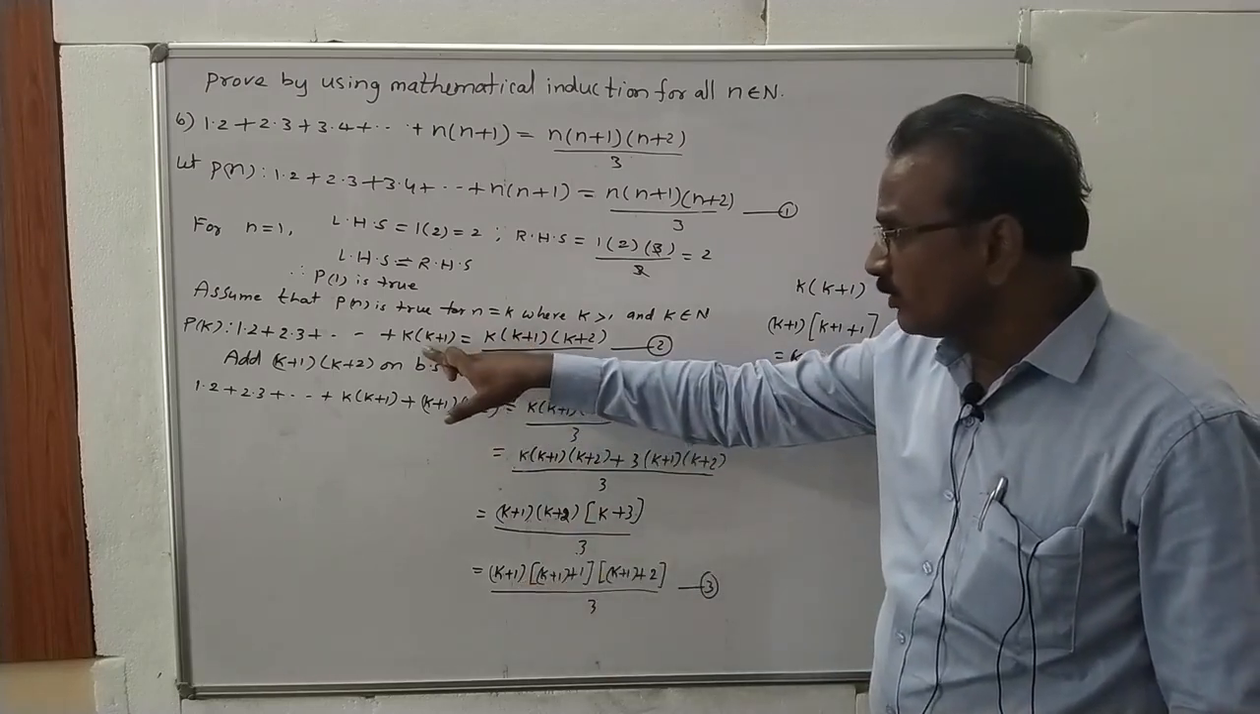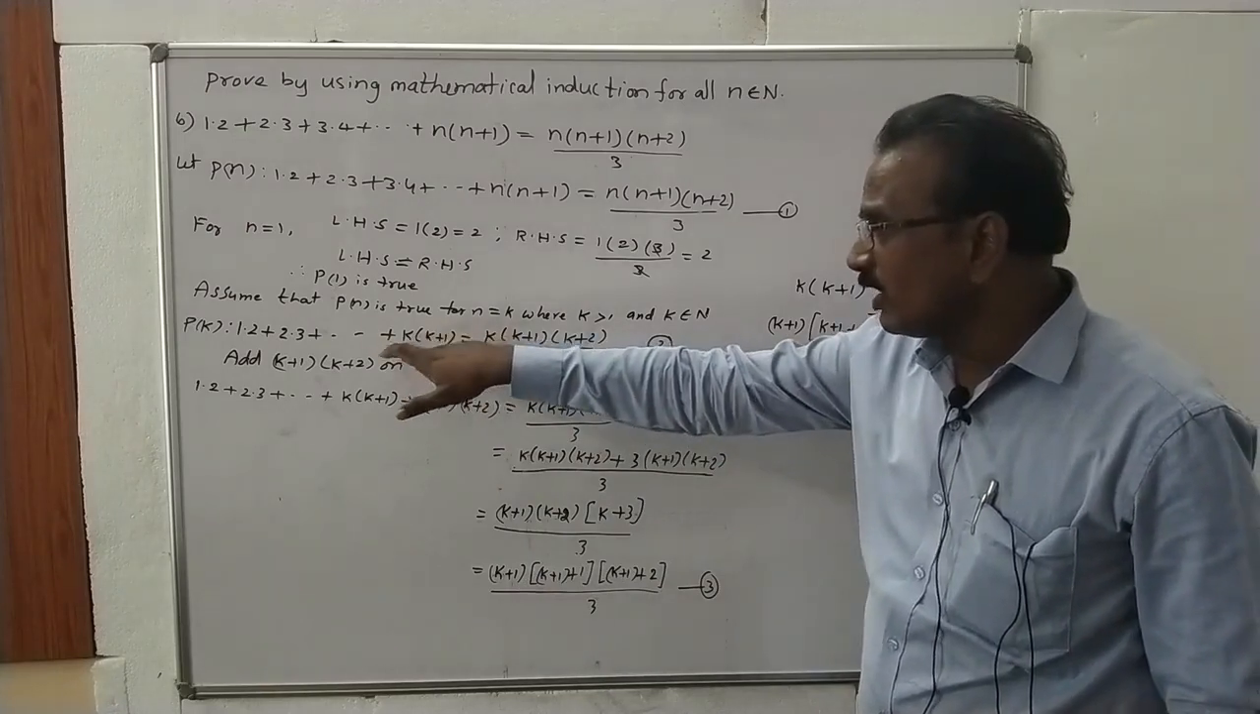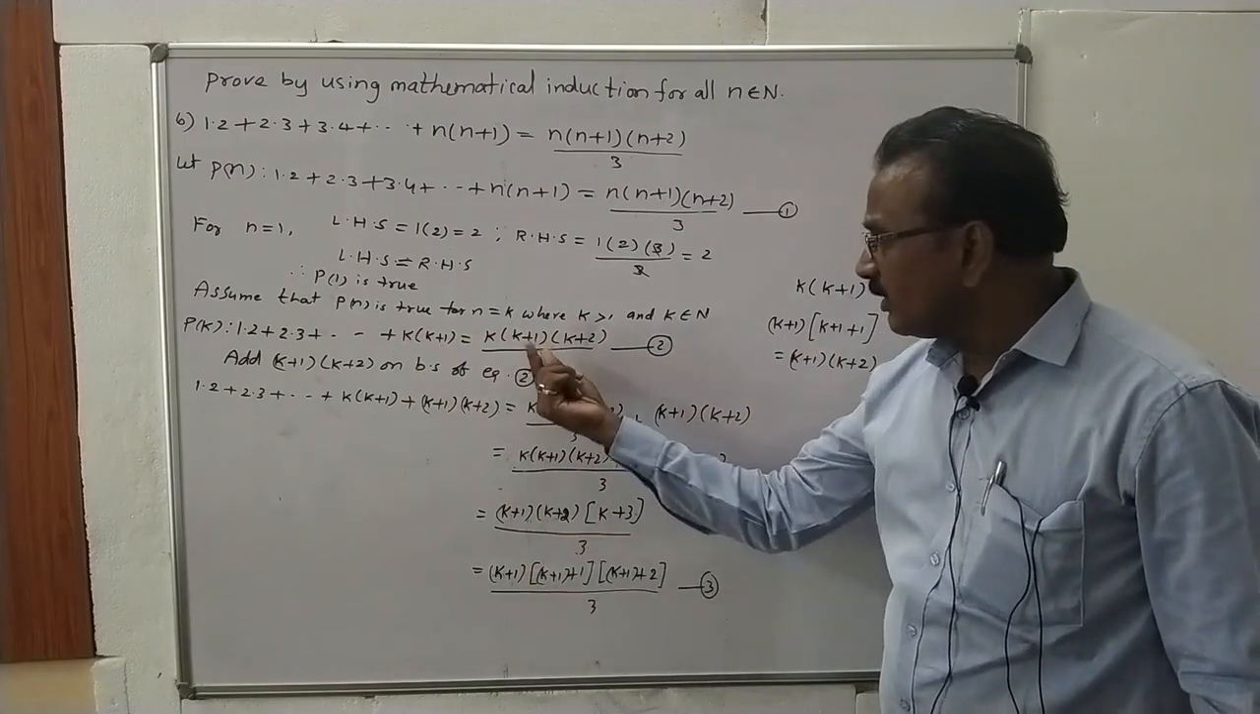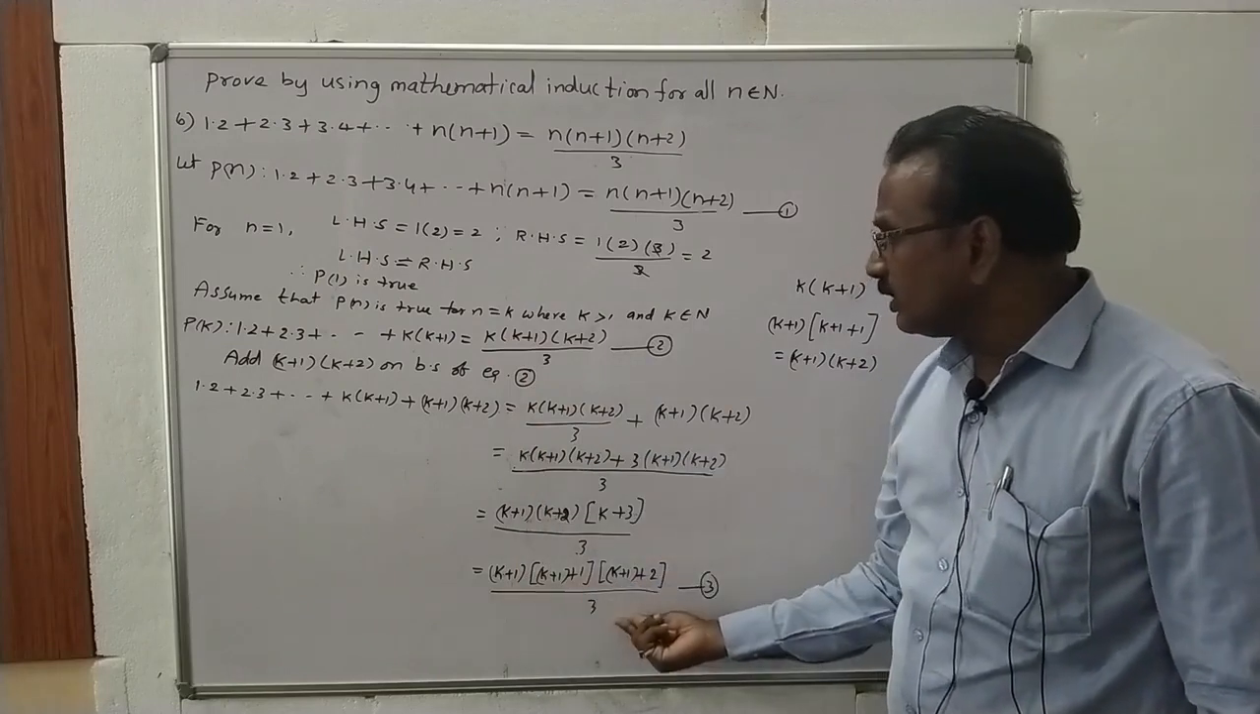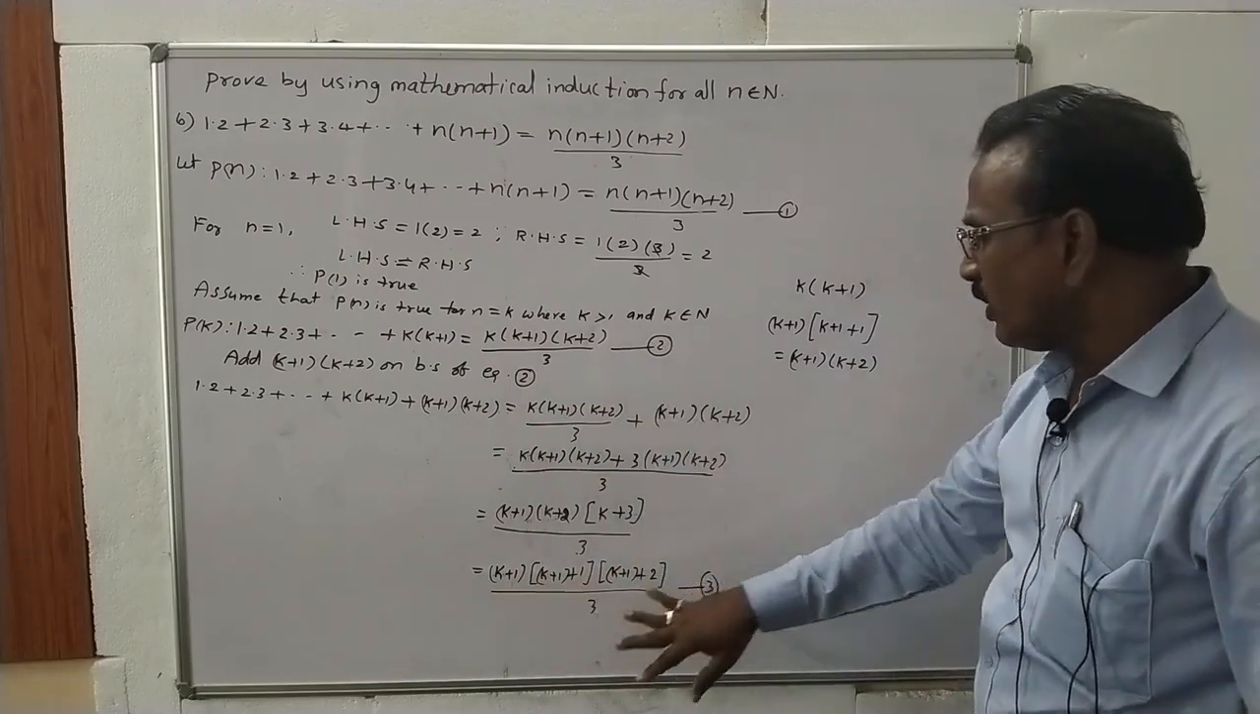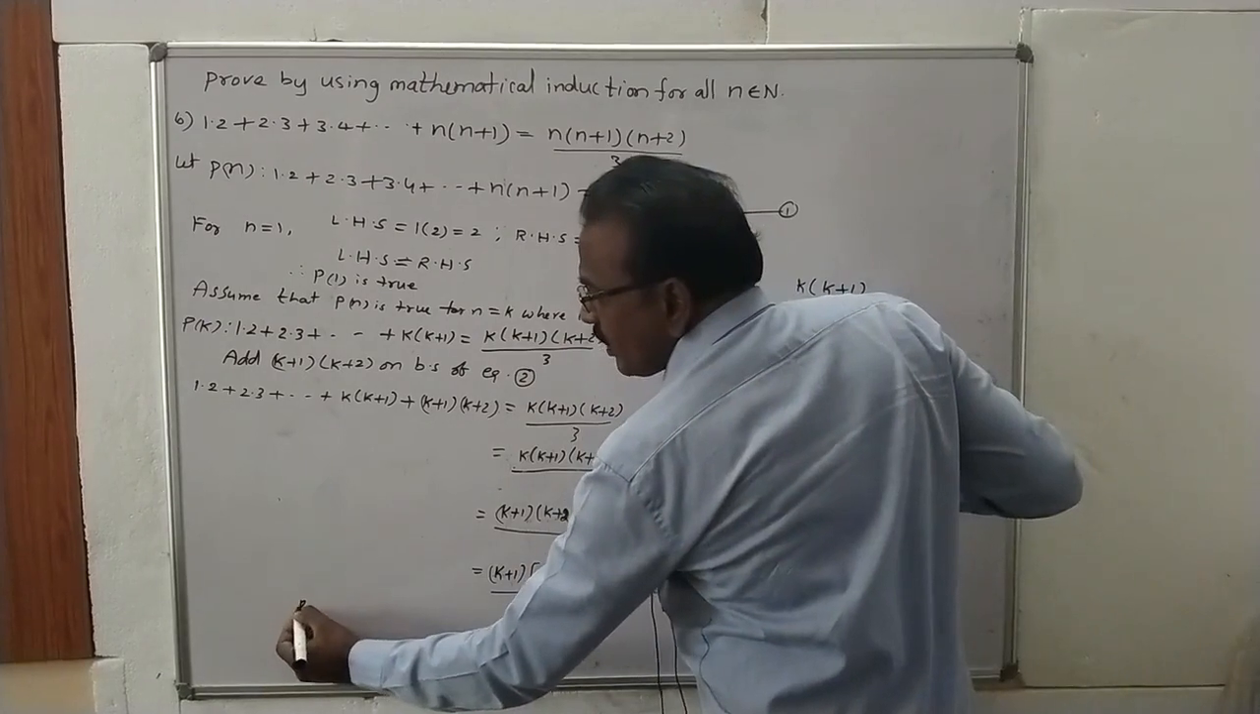Assume that equation 2 is true, that means P of k is true. Just replace k by k plus 1, we get equation 3. That means if 2 is true, automatically 3 is true. Therefore, P of k plus 1 is true